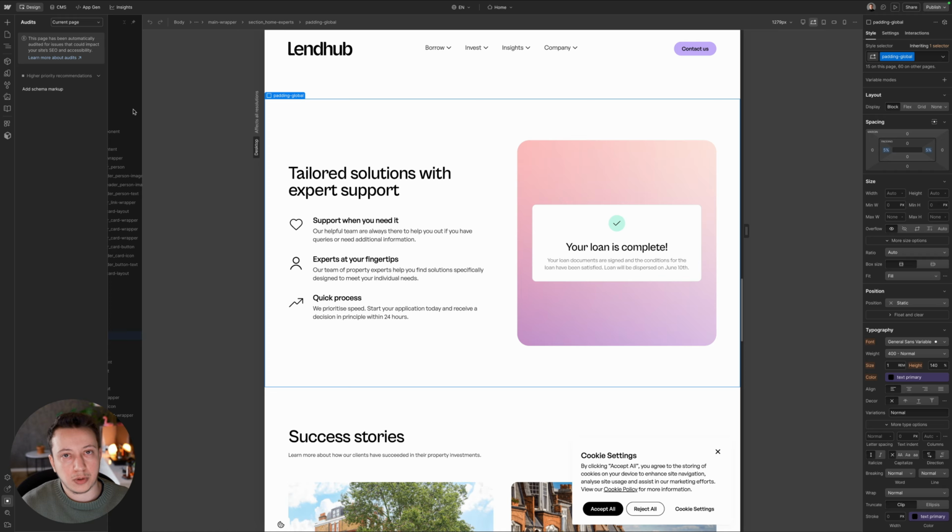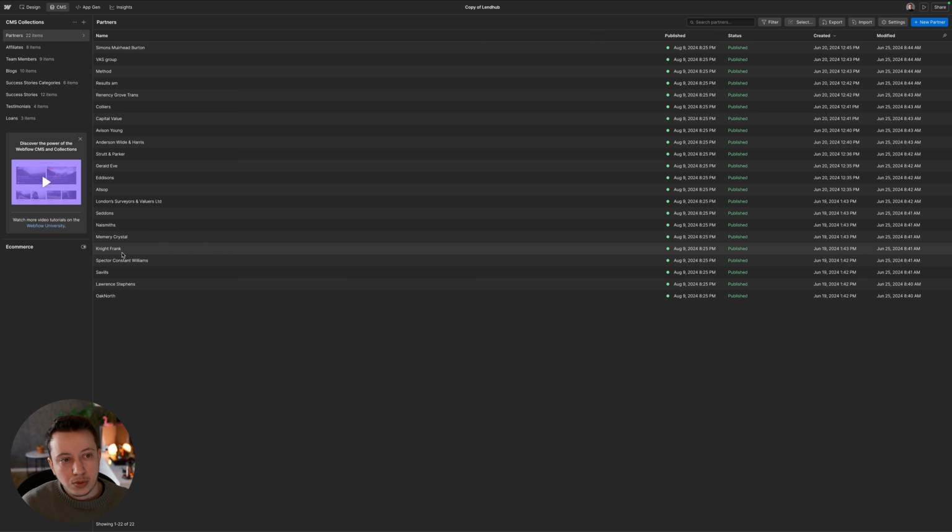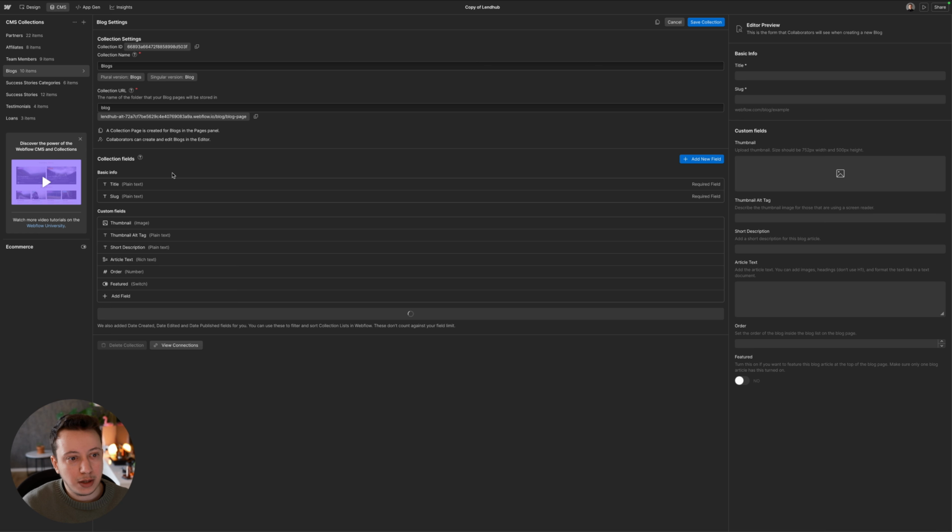It generates for all the images. You can check the alt text and just approve all of them. When it comes to the images side, the blogs, for the CMS, the way I do it, I set